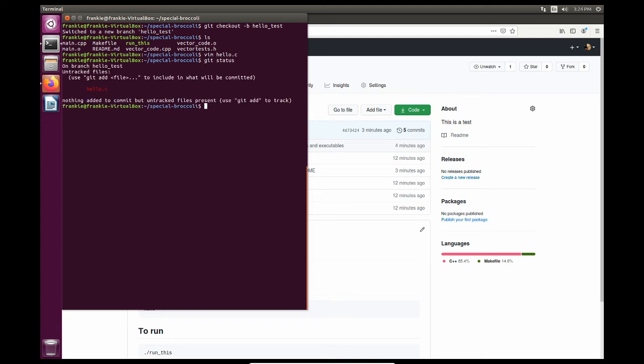So if I do git status, we'll see that we need to add hello. And we will add a commit that says added a sample program to test branching. Now it's there. If I use git push,